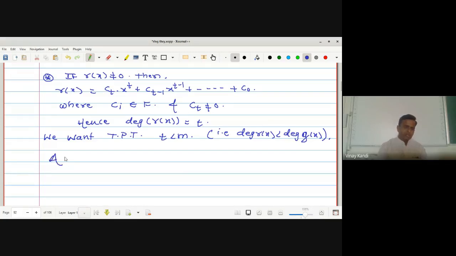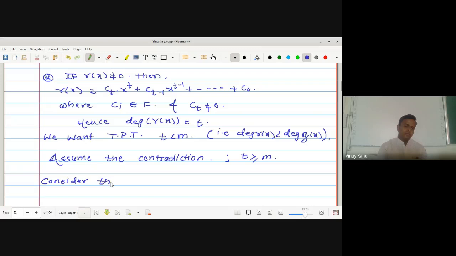Assume the contradiction. What is the contradiction? If t is less than m, हे prove करायचं आहे. The contradiction काय येईल? t is greater than or equal to m. Assume the contradiction, t is greater than or equal to m. Okay, for this consider